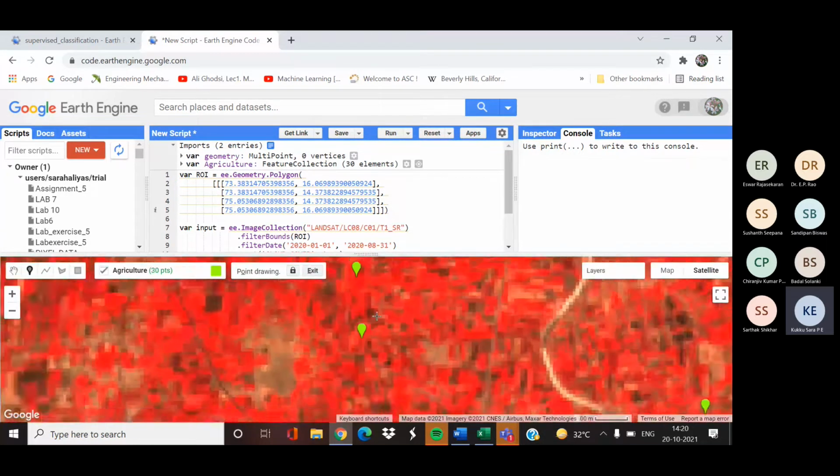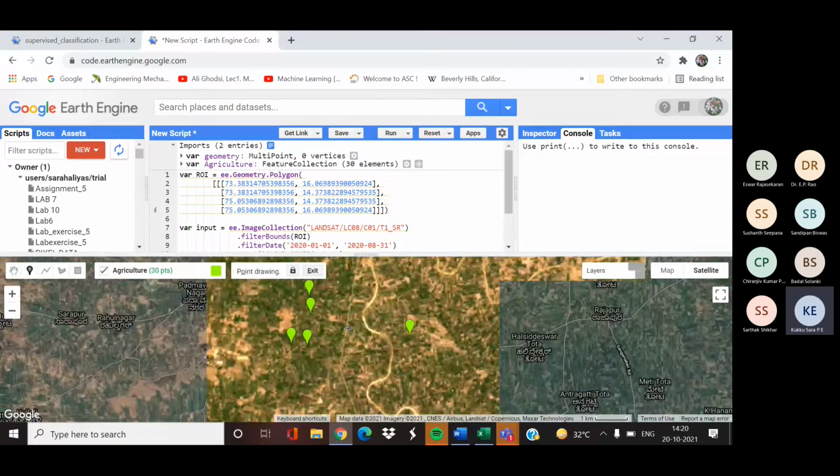Around 30 points we have collected for the agriculture category.